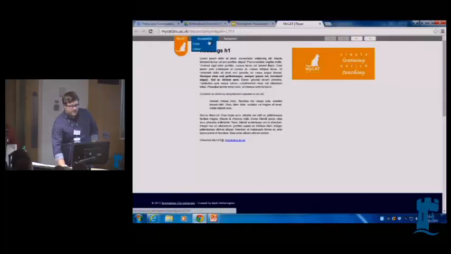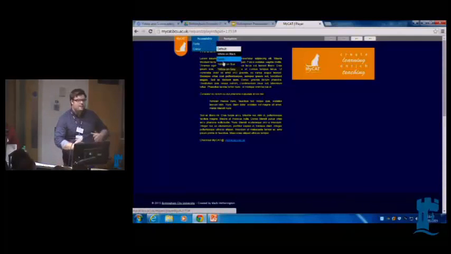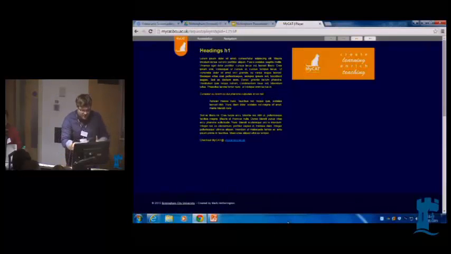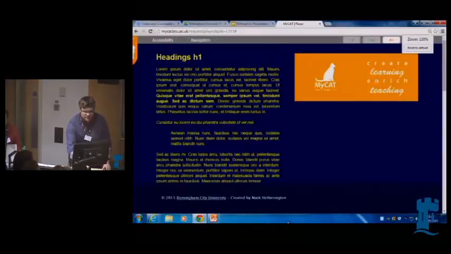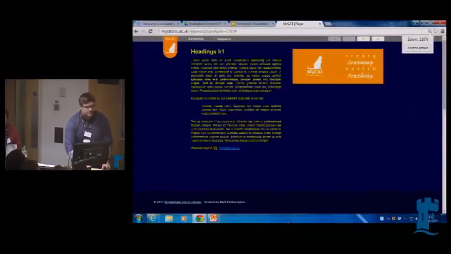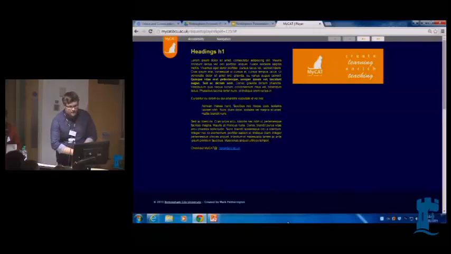We have accessibility features, we can change fonts, we've got the ability to change colours. So this is what the student would use. So this is them manipulating the resource to fit their needs. It's HTML5, so without having a zoom in and zoom out button, we'd simply use Control plus or minus to zoom in and zoom out. It is mobile friendly,